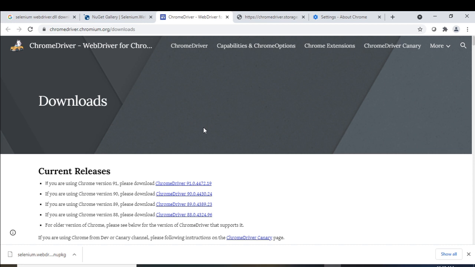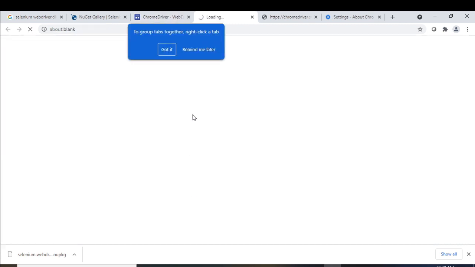And remember, you have to download and use the same Chrome driver as per your version. Otherwise, this thing will not work. Okay. So let me show you what will happen if I click on this. It's taking time.